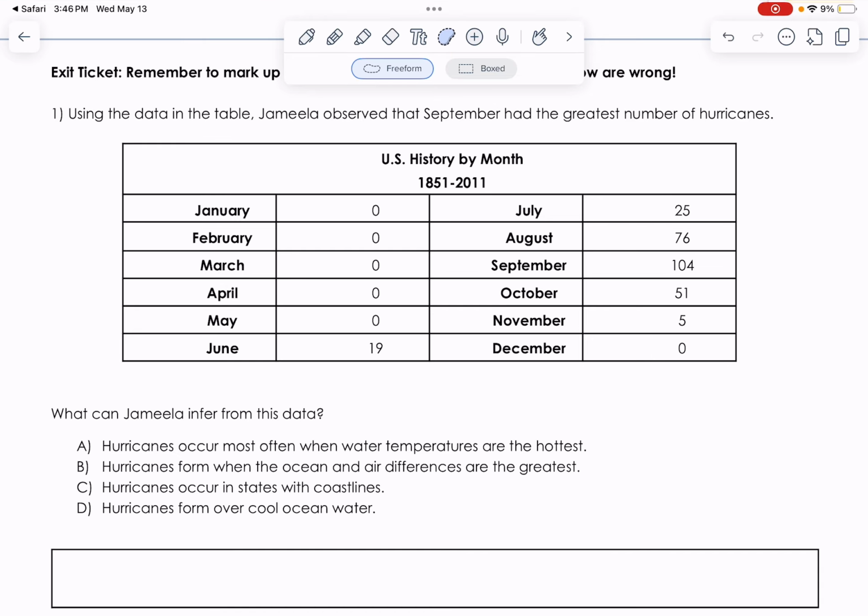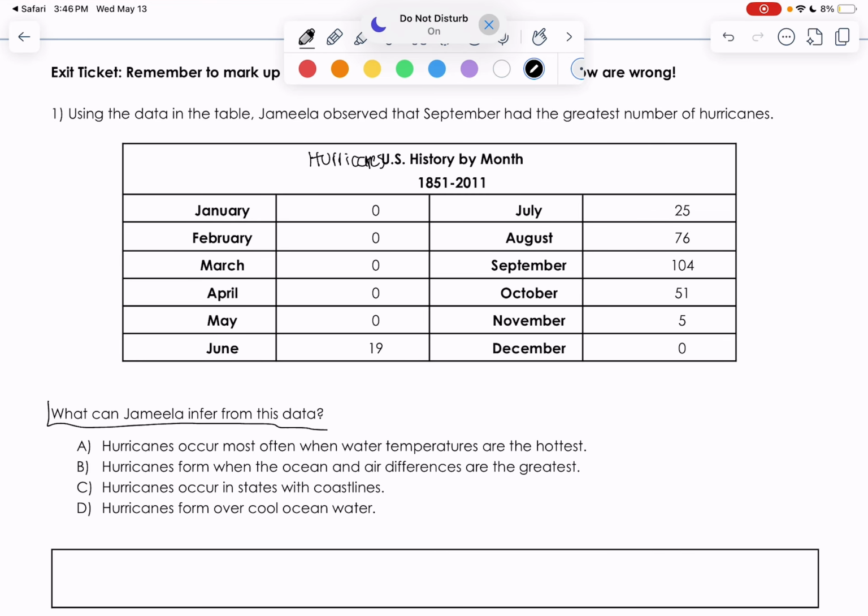Using the data in the table, Jamila observed that September had the greatest number of hurricanes. We are talking about hurricanes by month. What can Jamila infer from this data? So what can she make a guess about? When we talk about months, think about the things we can make inferences about, especially when we see the